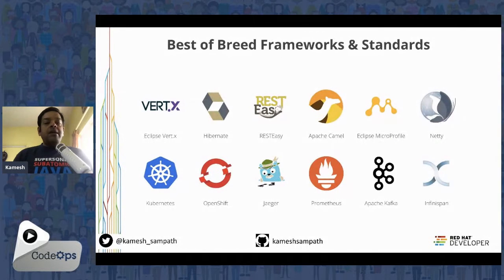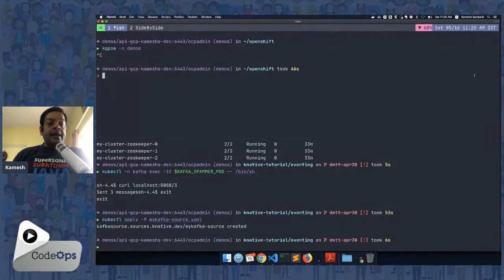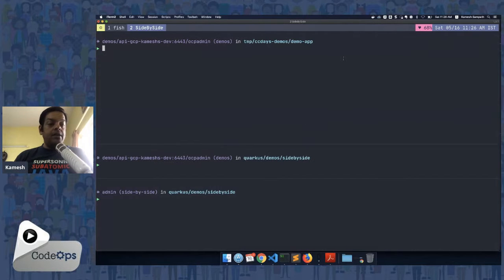And we also have a best of breed of frameworks, right? Which has been included in Quarkus. Okay. To do this, let's go back to my command line, and I'll show you this one. So let's go to the Quarkus project here. So let's go to demos, and then I say temp slash cc days demos, and then demo app. And then, let me make this a little bit bigger for you to see. When I say